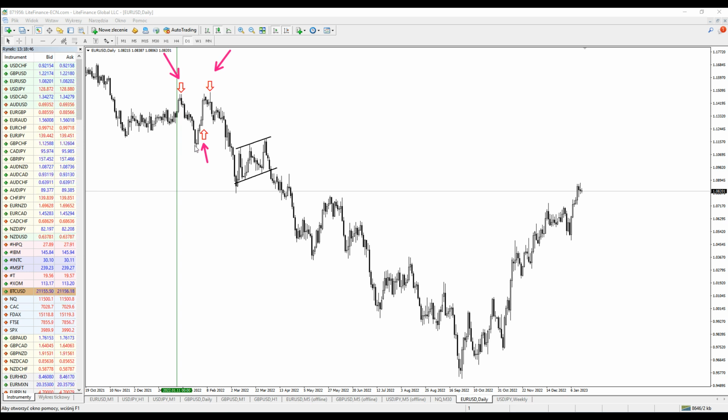As I mentioned, I really love the rejections when it comes to the single pattern. But what is going to happen when we break that pattern when it comes to the single chart? Now, if we break the rejection,